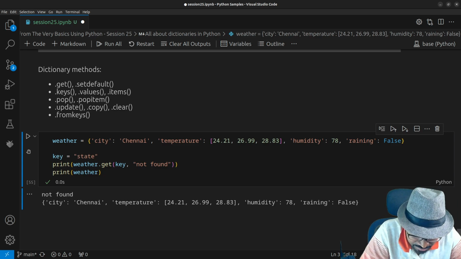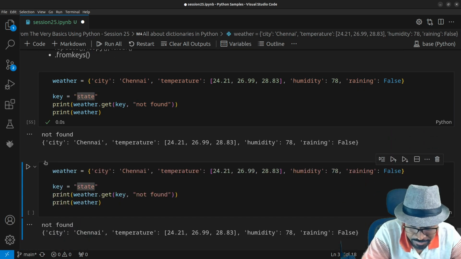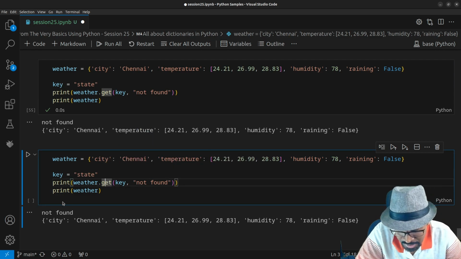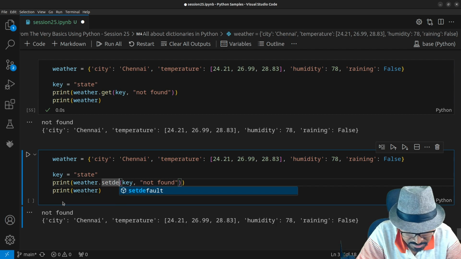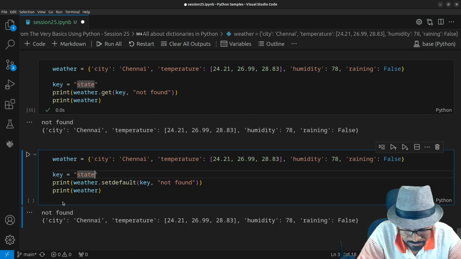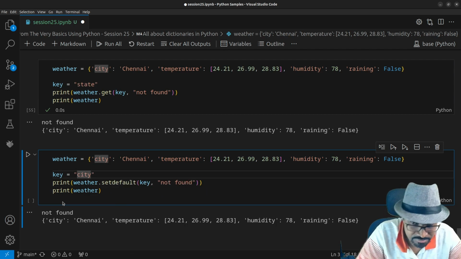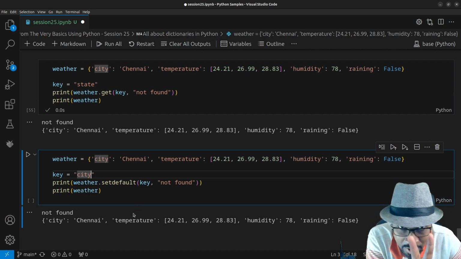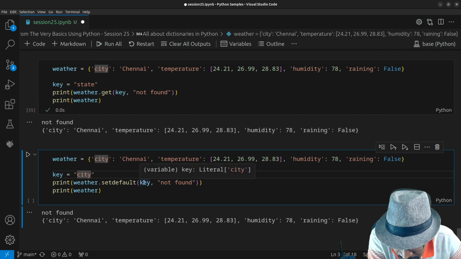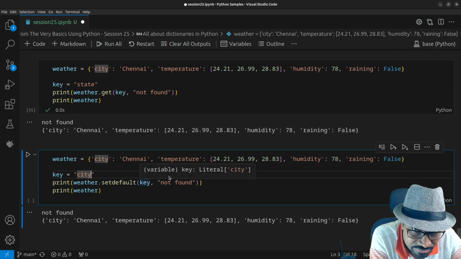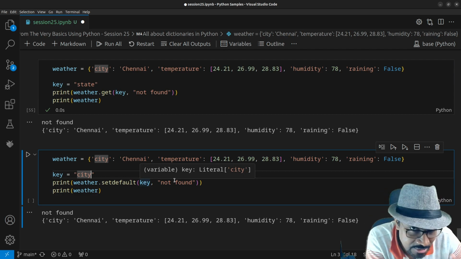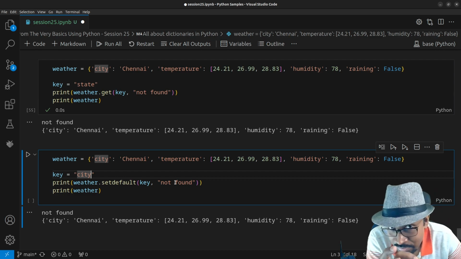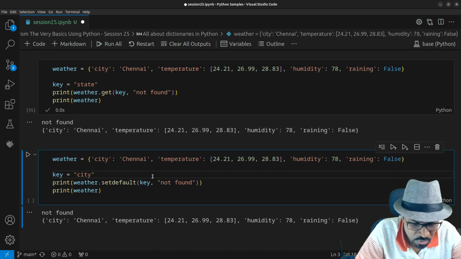Now, the same cell, I'm going to make a copy of it. I'm going to replace the get with setdefault. And now observe what happens. First, let me assume the key is city. The key is city. Setdefault will take two arguments. You have to pass two arguments, the key and the default value. The key that you're looking for and the default value. These are the two arguments that you need to pass to the setdefault method for a dictionary. Now, when you run this,